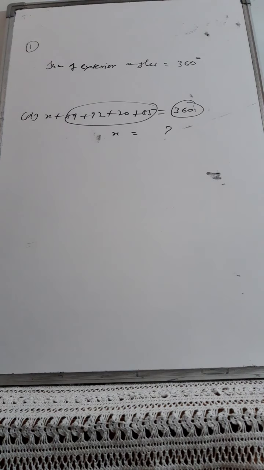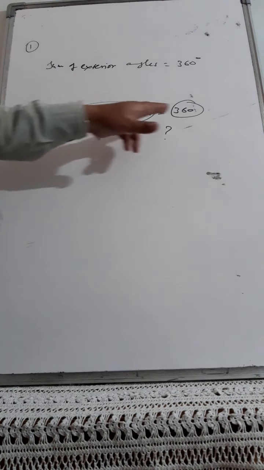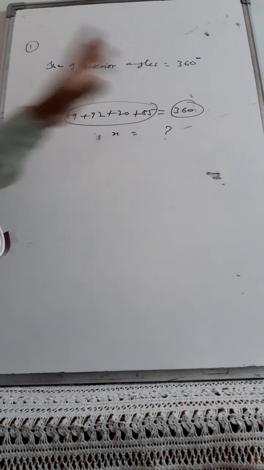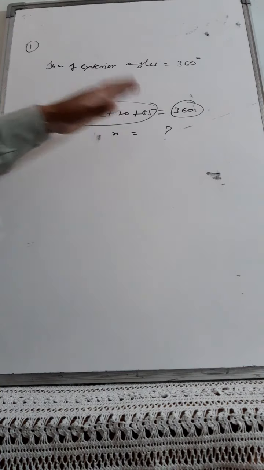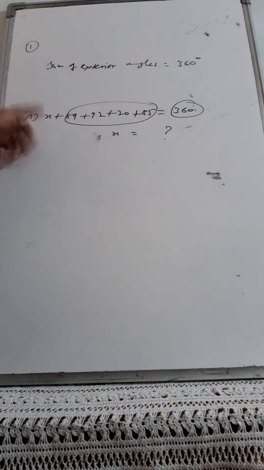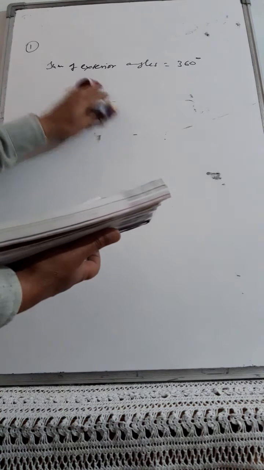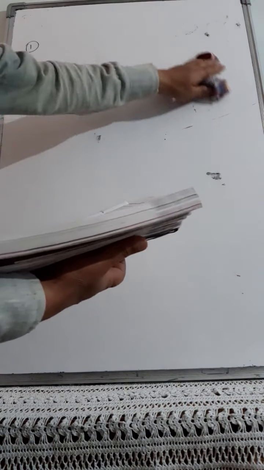Moreover, keep a watch on this equation. This is a linear equation in one variable, which we have already finished, and it is a very simple equation. Keep the variable on one side, take the constants to the other side, and while shifting the constants from one side to the other, do not forget to change the signs. So I hope all of you will be able to do all four parts of question number 1 using the property that the sum of the exterior angles of any quadrilateral is always equal to 360 degrees.